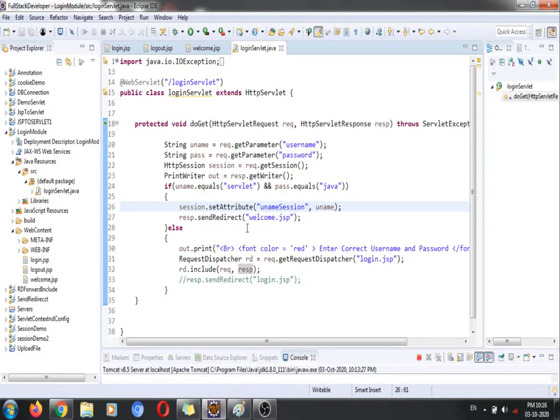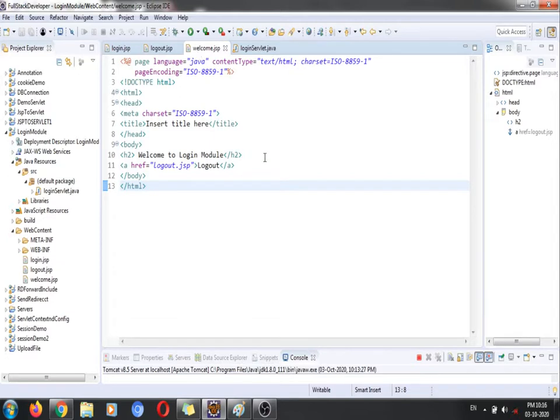Now I want to use this particular unameSession in my welcome page. Simply what we need to do here is use the JSTL tag libraries. So simply write hello, dollar curly brackets open and close, and write this unameSession.